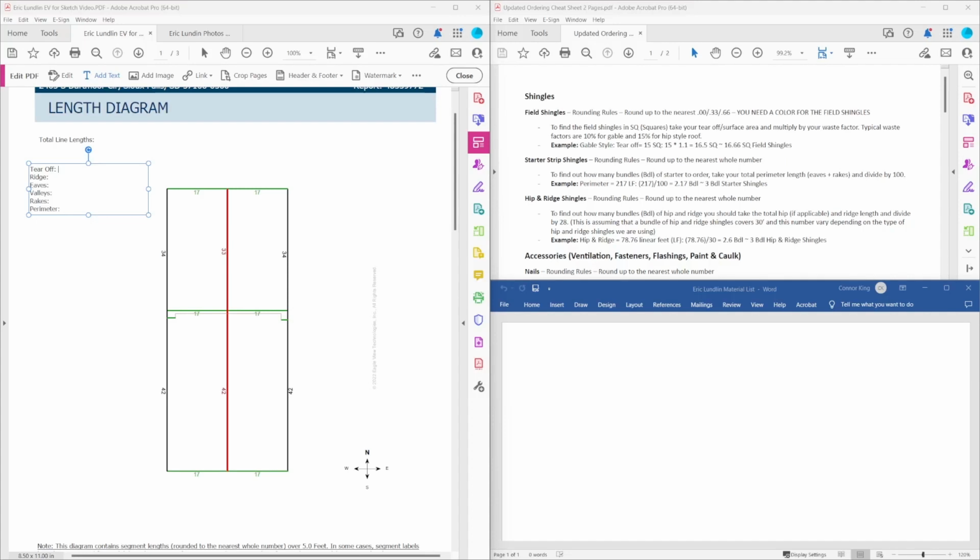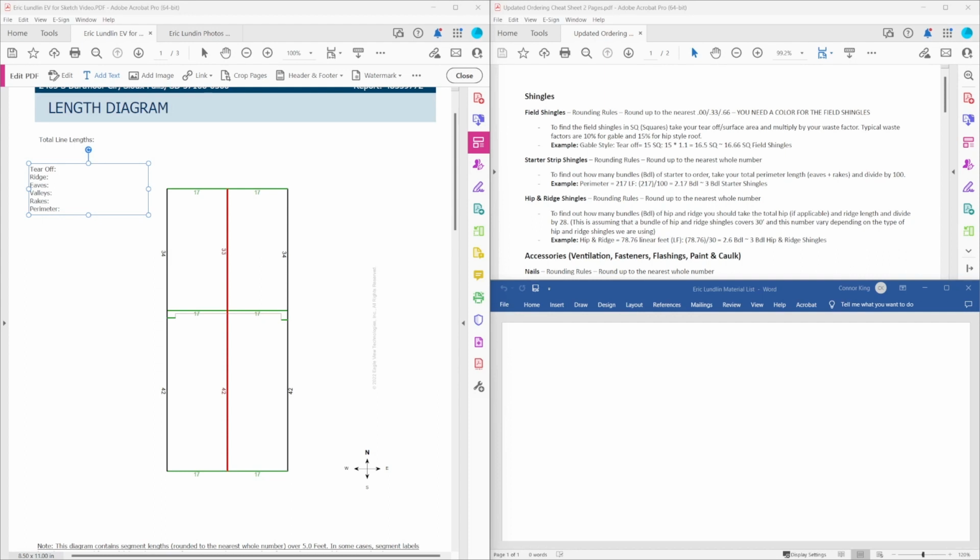Today we are going to be going over how to figure out the main measurements from a sketch, meaning something that we've gotten up on a roof and sketched ourselves, and then how to order the material and what you're going to need to have to be able to order the material using a sketch. So the two main things you're going to need for this is obviously a sketch with